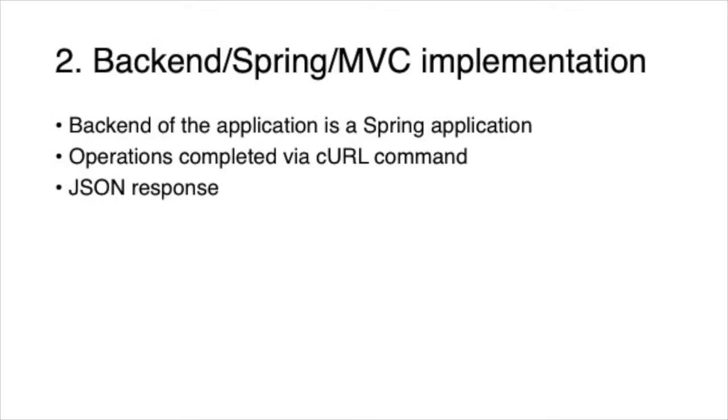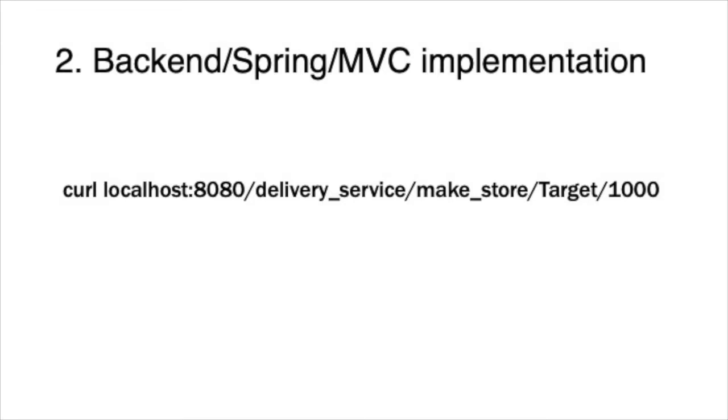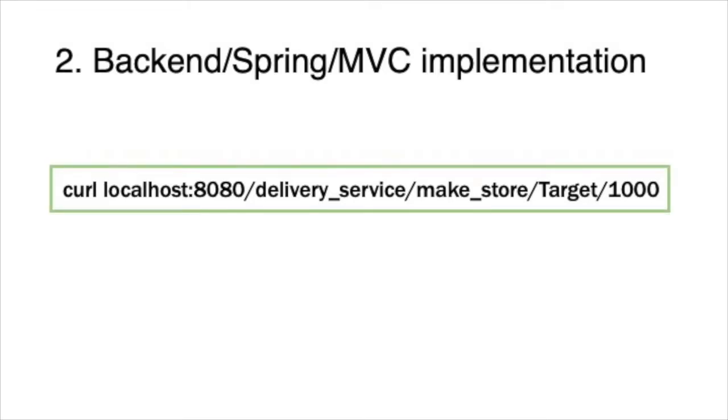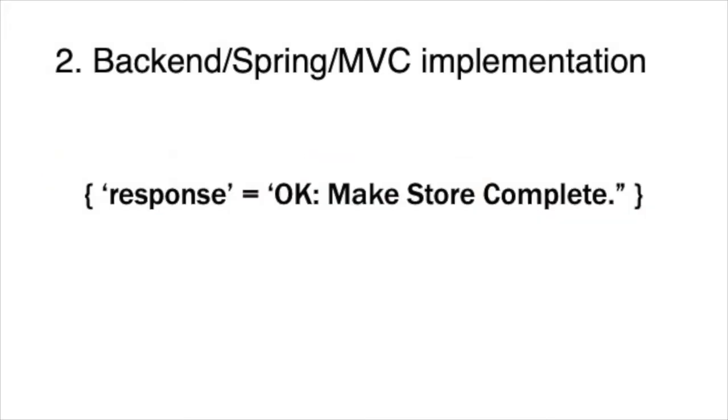One important feature of this Spring application is that you can use similar commands to that of the original project requirements and receive a JSON response in return. The application would receive a command like the following to create a new store. This would allow us to create a store named Target with an initial revenue of $1,000. A potential response could be,